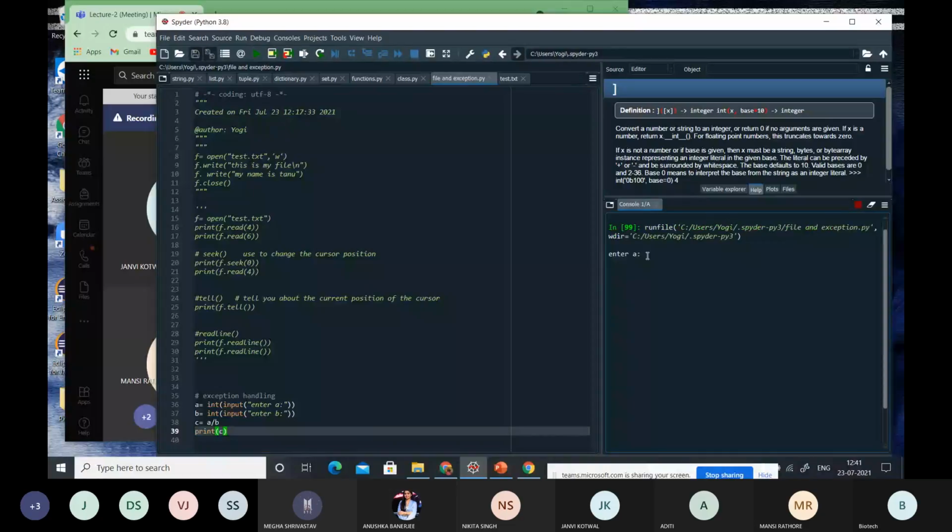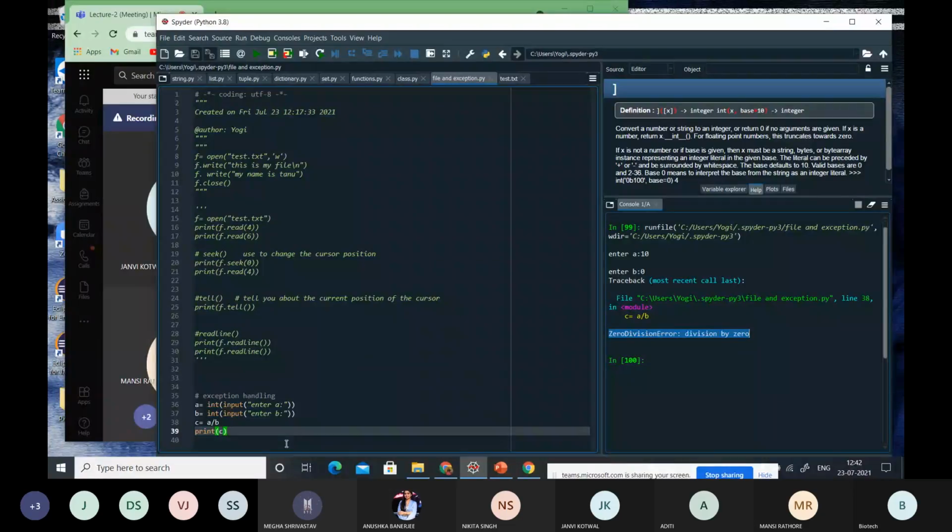See, this is my inbuilt exception, ZeroDivisionError, division by 0, right? So the above program, according to the syntax, is correct, right? But it threw the error because of the unusual input I have entered. So this is an exception.